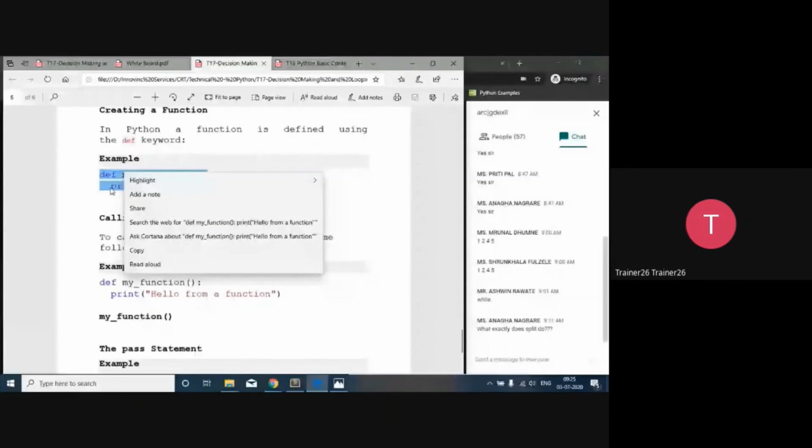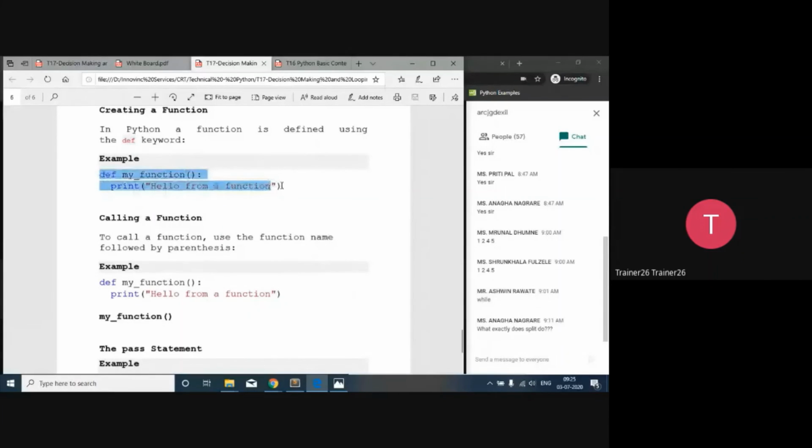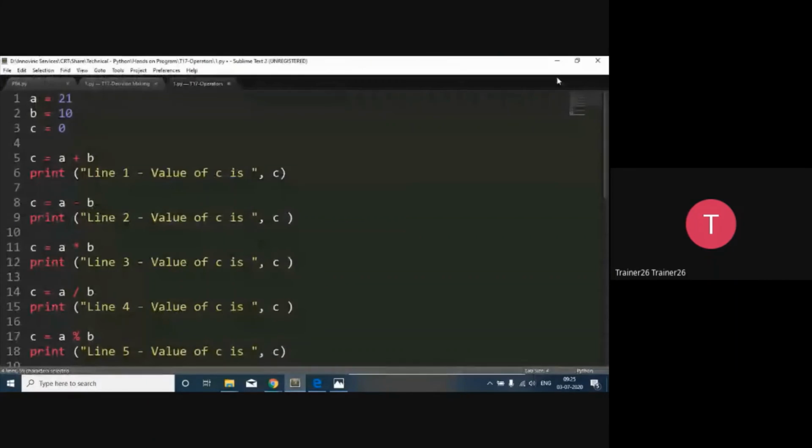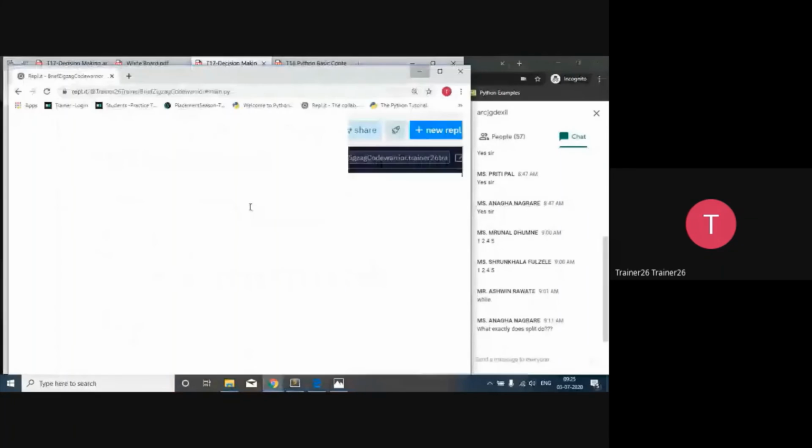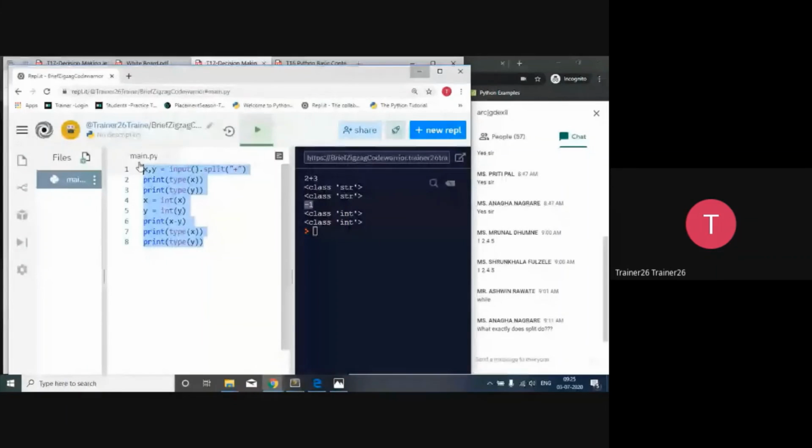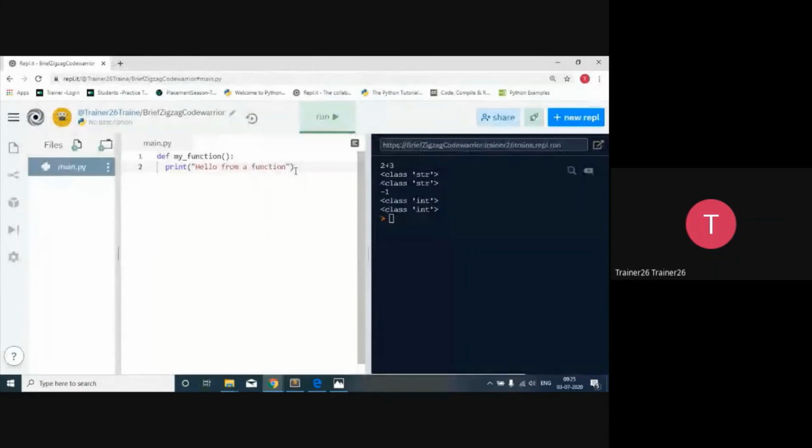So let's see this function. This is only a declaration of the function. We just declared the function and we haven't used it.